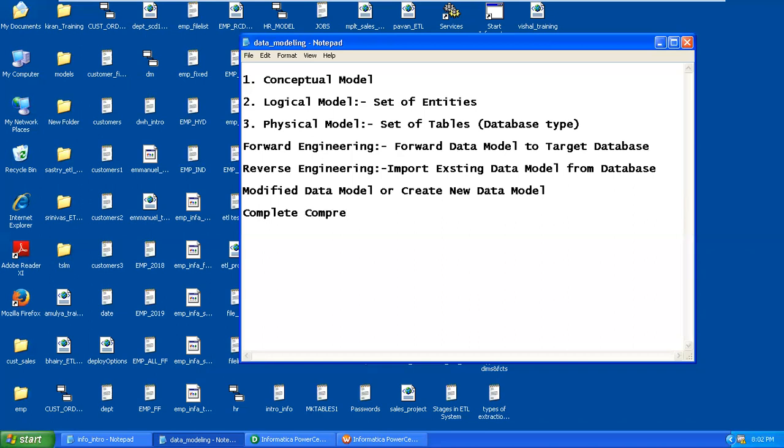Using complete compare, we can compare a modified data model with the existing data model available in the database, or compare a new data model created by you with the existing data model available in the database. That is, the complete compare means to compare